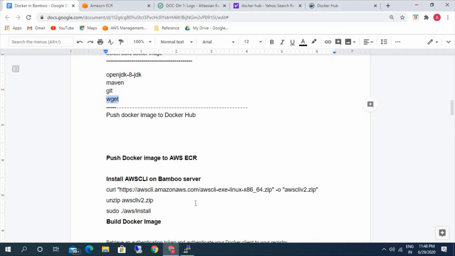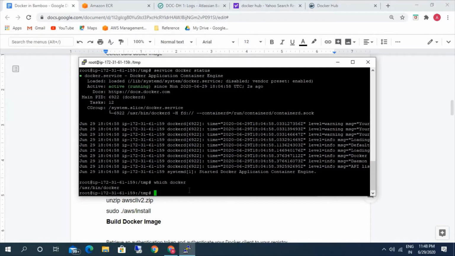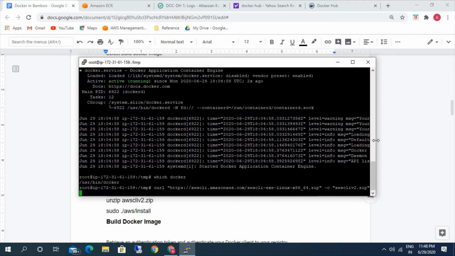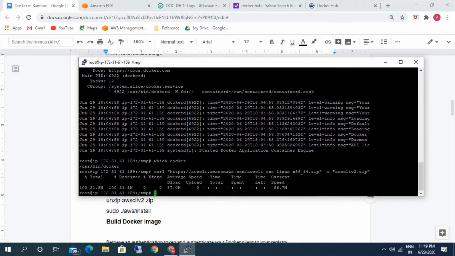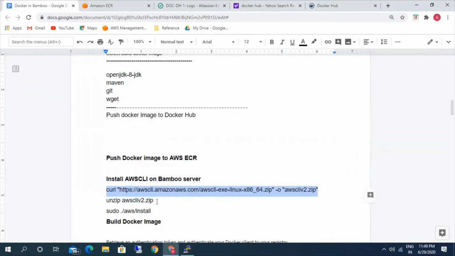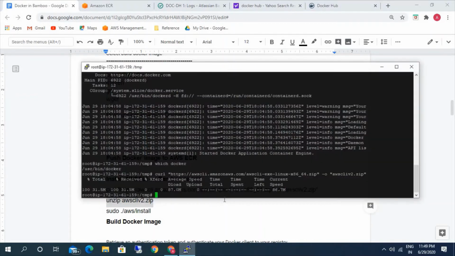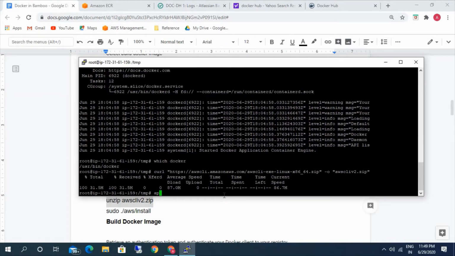So first, let's go ahead and install AWS CLI so that we can access AWS from our Bamboo server. Let me quickly install. This is the command, the AWS command package that we are going to use. We need to install zip.